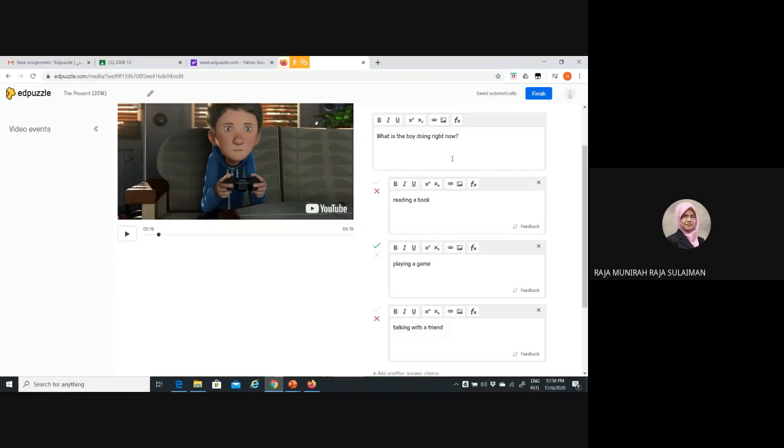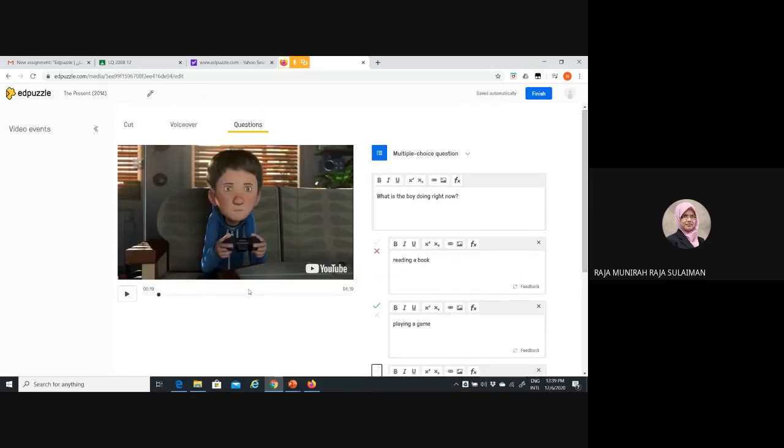And for your information also, we can choose more than one answer. Because maybe for some question, you want to list down two correct answers, for example. So we can click yes here and also yes here. It is allowed for EdPuzzle, but I think it's better if you put into details in the question that there are more than one correct answer. Okay, but here I only have one correct answer, which is playing a game. So that's my first question.